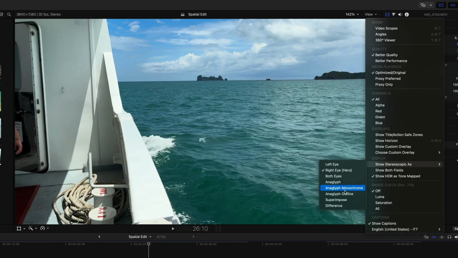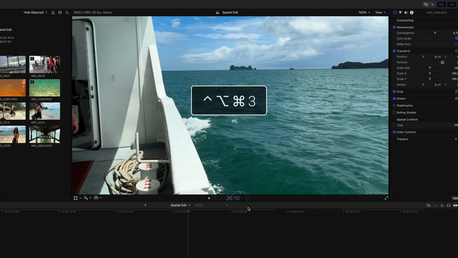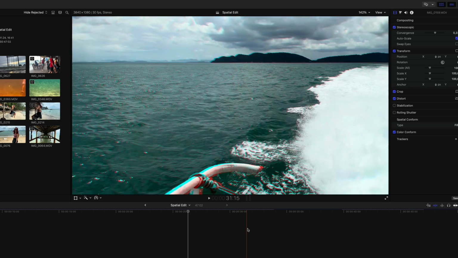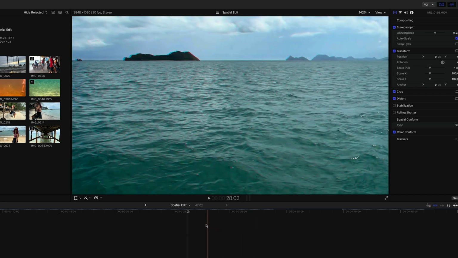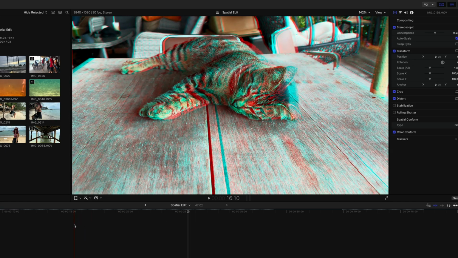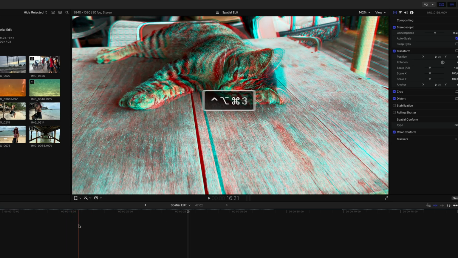Then there is anaglyph, superimpose, and others. In fact, if you want to be able to objectively assess the parallax and alignment of stereo video scenes in any way before sending it to an Apple Vision Pro, either the anaglyph or even the anaglyph outline display options are your best bet. Anaglyph, whose shortcut is Control-Option-Command-3, shows the view from both eyes. The red channel for the left eye and the blue and green channels together, in other words cyan, for the right eye, are composited together. Probably best for comparing parallax and alignment with anaglyph glasses.